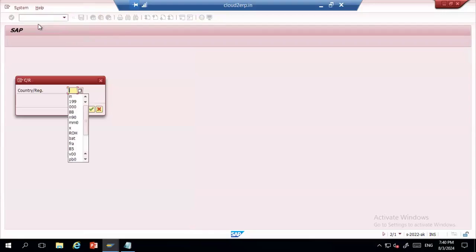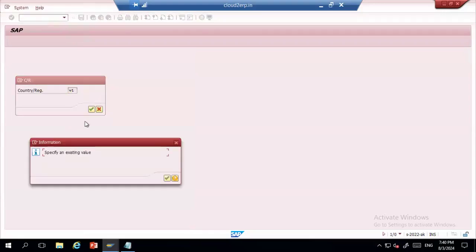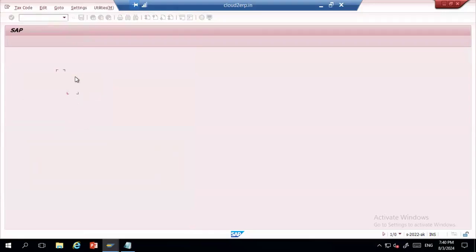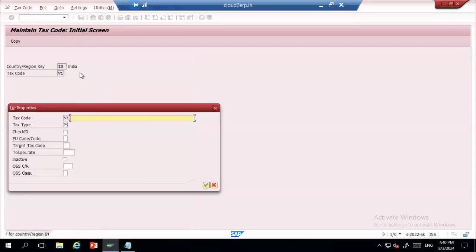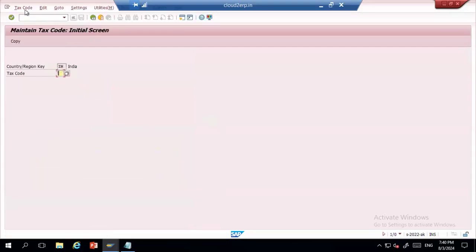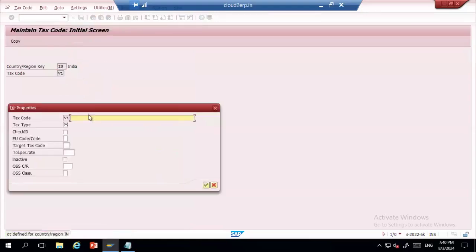Tax codes B1. We just created these, but why is the system asking again?